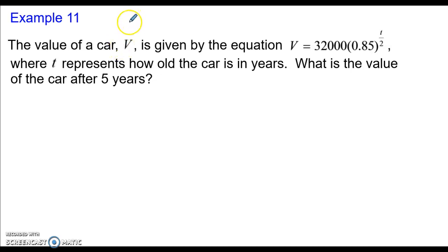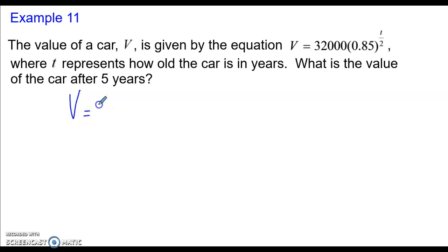So example 11, we're going to look at the value of a car, V, given by the equation V equals 32,000 times 0.85 to the power of t over 2, where t represents how old the car is in years. We want to find what is the value of a car after 5 years. So we're going to use our equation